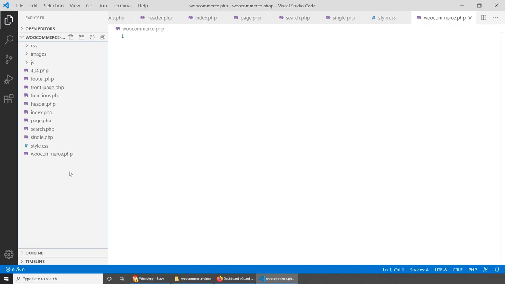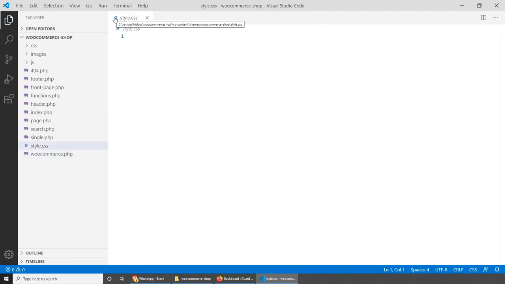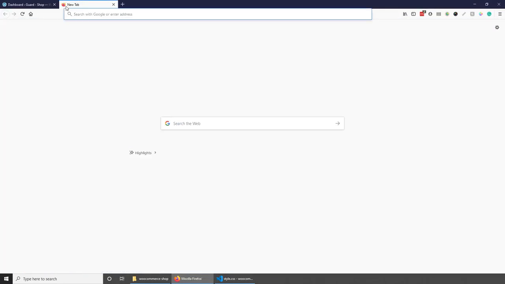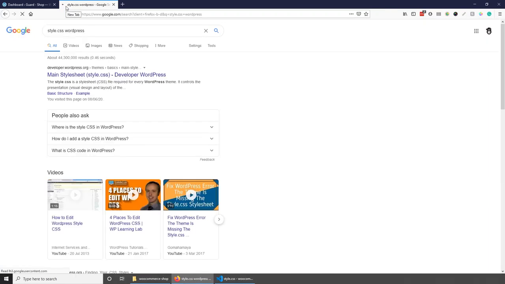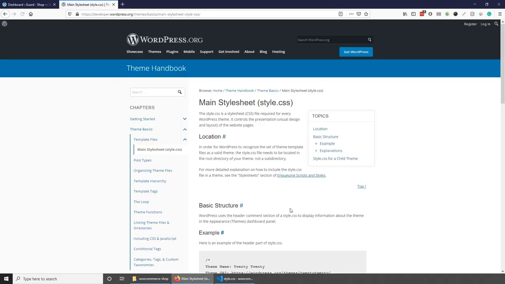Okay, we'll probably add more files as we go along with this project, but for now these should be good to get us started. So let's close all those files in here, and let's just keep styles.css open. To add the settings for style.css, we need to go in our browser and search for style.css WordPress. Navigate to the first website, which is the main style sheet developer WordPress website, and if you scroll